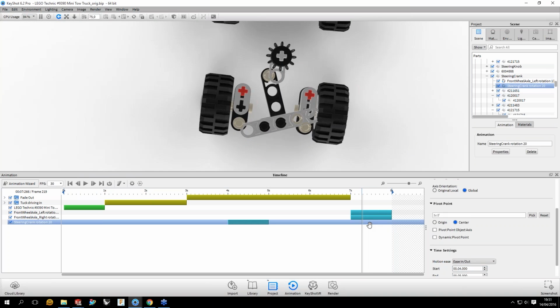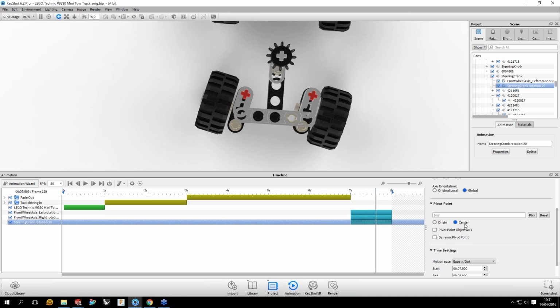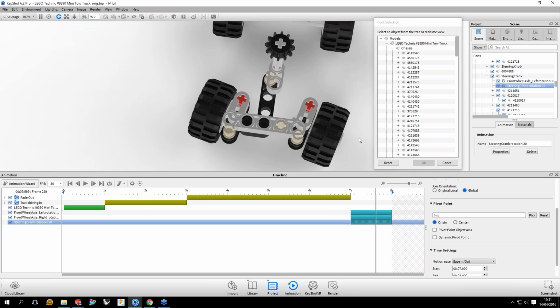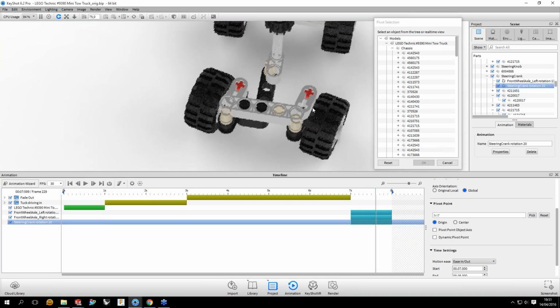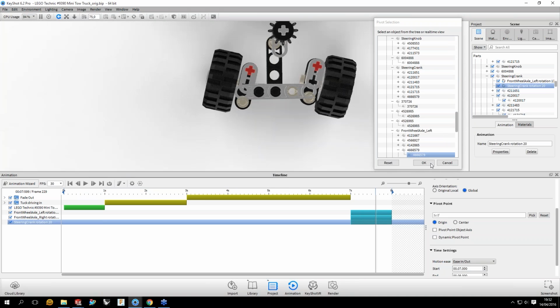And that is because, again, by default, this is rotating around its own center, which in this case is right here in the middle of this black pin. So I will again set it to origin, and I will also pick another object to pivot around, and in this case I wanted to pivot around this pin. So I click OK,